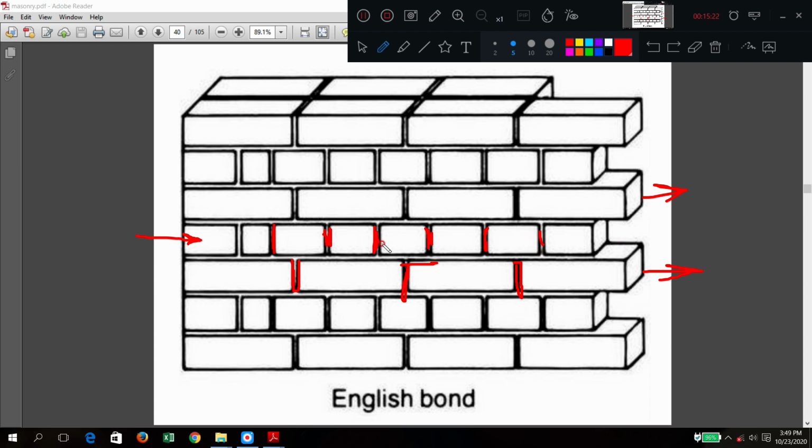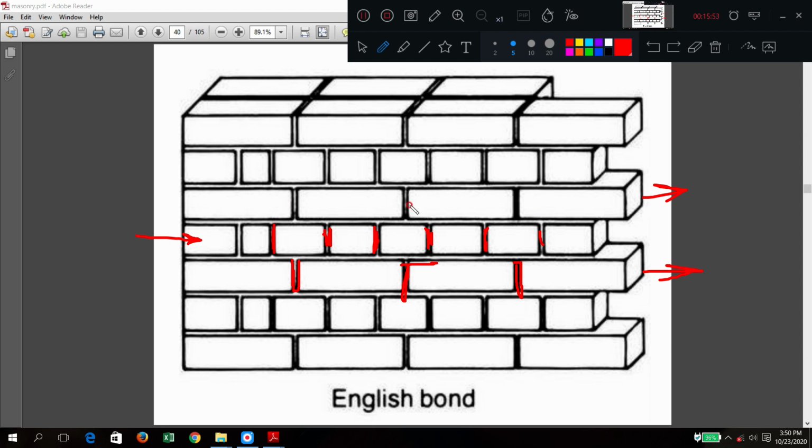Can you see here only? No, 1 2 3 4 5 6 7 8, like this, more numbers. Here 1 2 3 4, almost two times the stretcher, two times these joints are present here. I hope this is clear. Here joints are more. To maintain equal gaps or equal joint, the joints are made thin here.